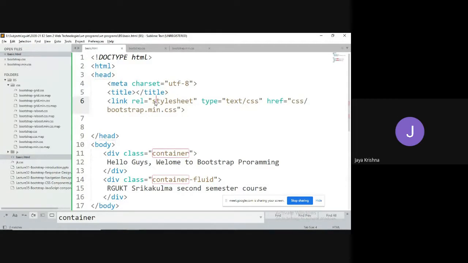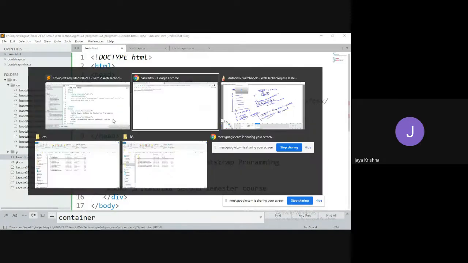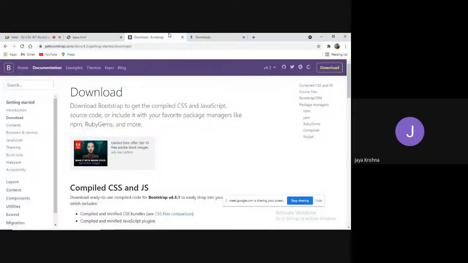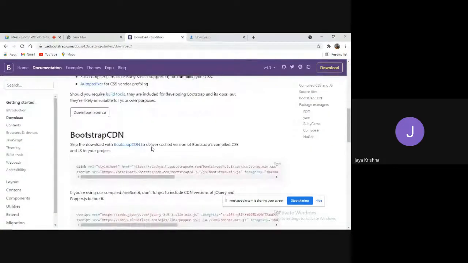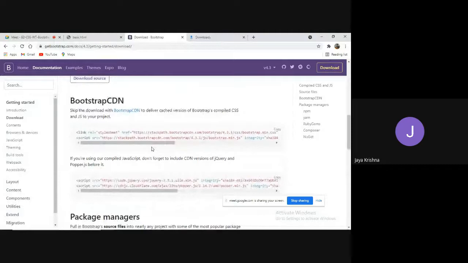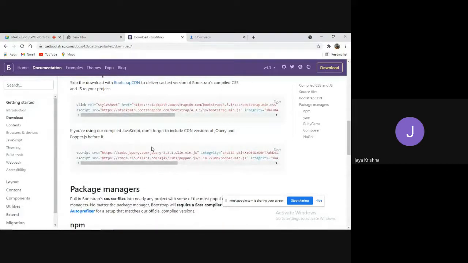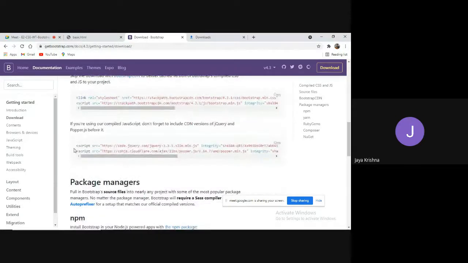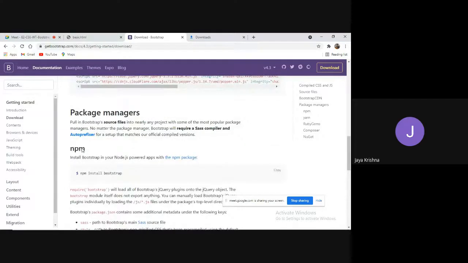Instead of combining files like this, we can go with the CDN concept. Just go to the internet and search for CDNs. Various kinds of CDNs are already available. Not only CSS, we need to work with JavaScript also, right? At that time we have to use the script tag.